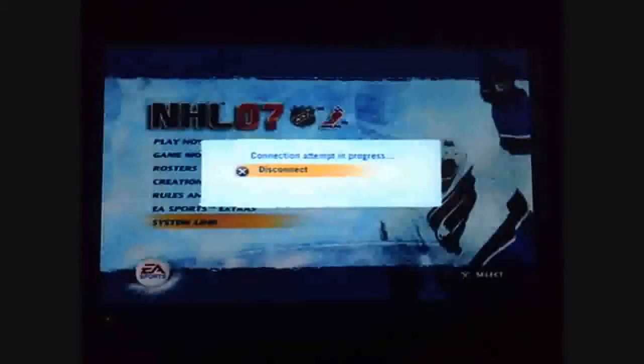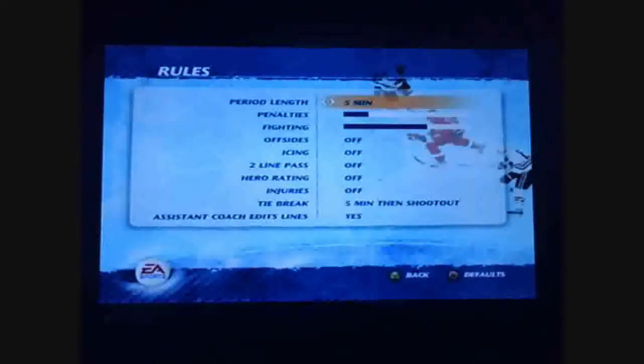Looks like an update to the Dynasty mode. More Elite Leagues, and of course advertised that mini game that was in the previous installments. Alright, so let's look. System link. EA Sports X. Rules and options. Rules, let's take a look. 5 minutes, yeah, that's...